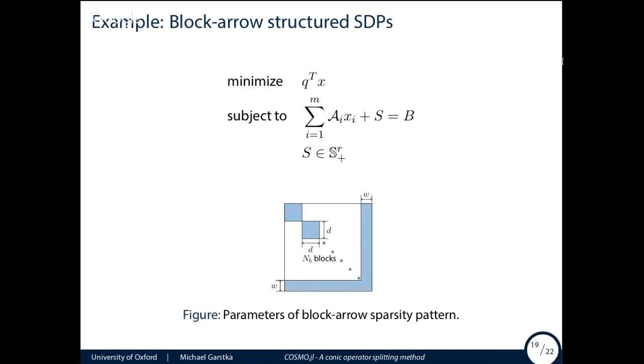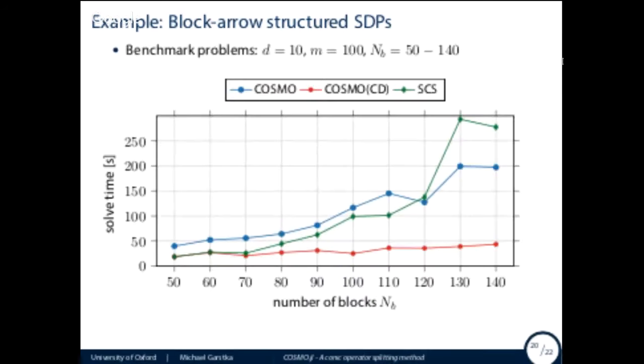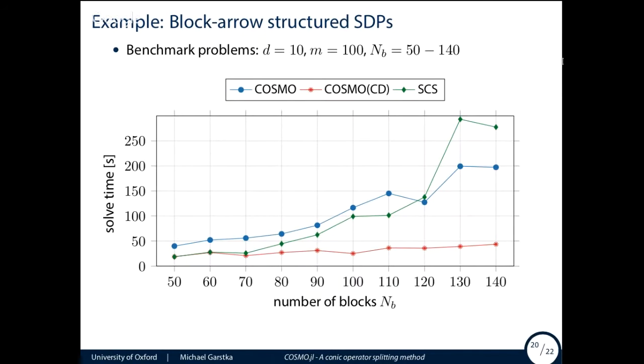So I believe from 50 blocks to 140 blocks. So this would be something like a constraint about 500 times 500, and then on the other side about 1,400 by 1,400. And what you can see here is, again, the solve time of Cosmo without decomposition, with decomposition, and